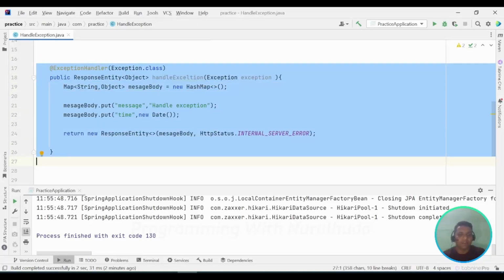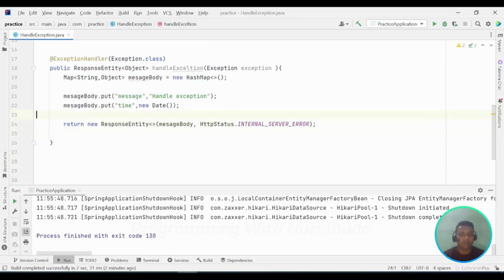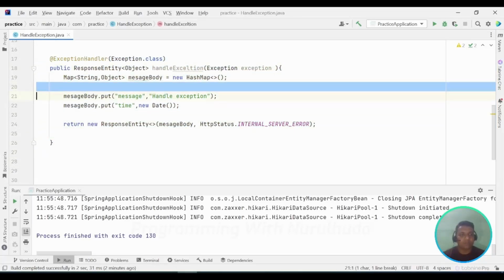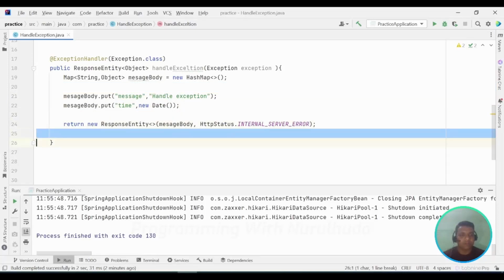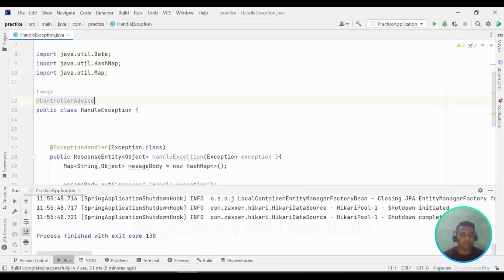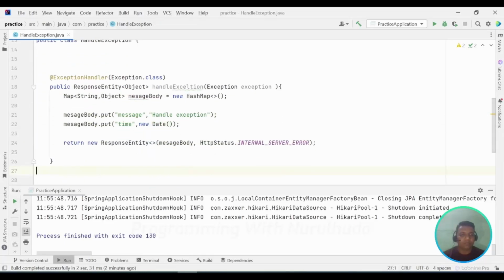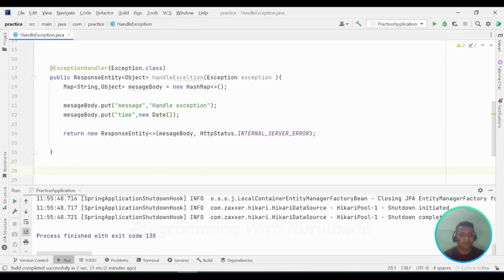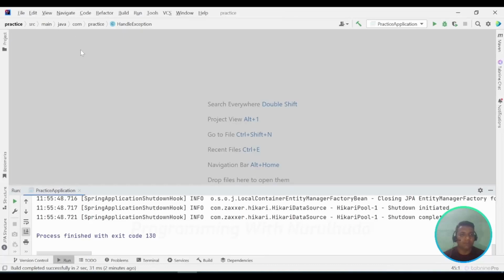So here we can add specific exception-wise handlers, or specific logical exception handlers. Currently, for testing purposes, I only use Exception.class, so all types of exceptions I manage here, in the handle exception method, and I add the time here. So we can check here the ControllerAdvice class and the exception handler method. First I close it and open the employee controller,